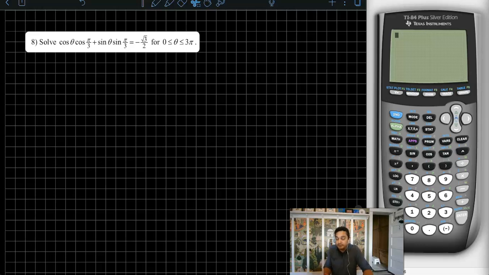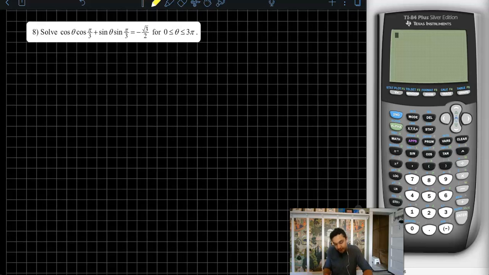Hi Precalculus, this is question number 8 from the chapter 7 review. It says solve the given equation for 0 to 3 pi, so that's 1.5 rotations. All right, so we're going to take the equation